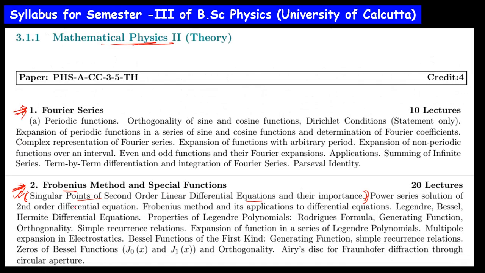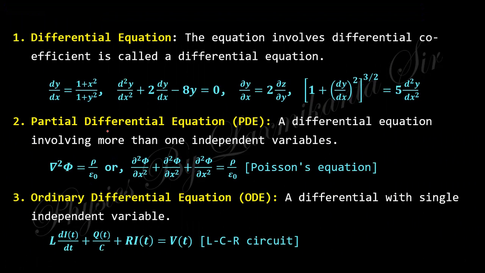For starting the Frobenius method, you have to know about the differential equation, then what is the first order differential equation, then second order differential equation, and what is the singular point and its importance. So before starting the Frobenius method, you need to know about all these things, right? So you can see, you know that a differential equation is nothing but the equation